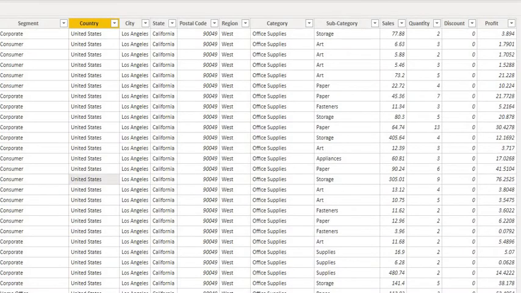So as you can see, there are observations corresponding to the country United States, which are divided into states that are further subdivided into cities. The purchasers are divided into segments like consumer, corporate, home offices, and the items that are sold are divided into categories. There are three categories: technology, office supplies, and furniture. The categories are subdivided into subcategories. The columns of interest are sales, quantity, discount, and profit.